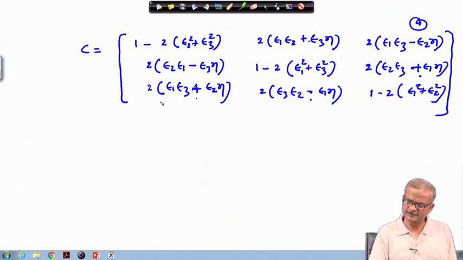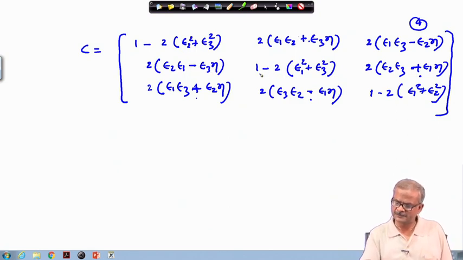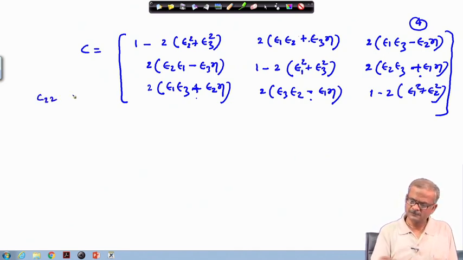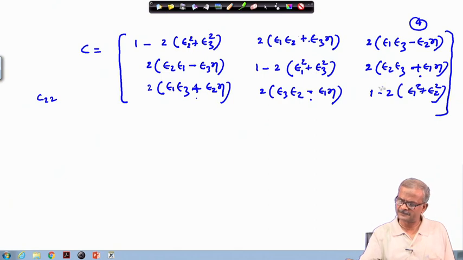As soon as you put it, this one is fixed. This is the same thing copied here, only with the sign changed. You have written this, so this is also fixed, only here the sign we have to change. Then this term, once we come to this place, 1 minus 2, E 2 is missing here, E 1, E 3, this is the second row, second column. 2 2 term means this is the C 2 2, so here the second term is missing. You have to fix up this 2 3, same way epsilon 1 eta, here it is plus. So automatically this gets fixed, and this is also the same way. Here the 3 is missing, E 1 E 2.